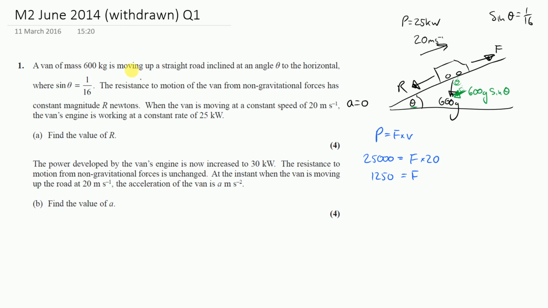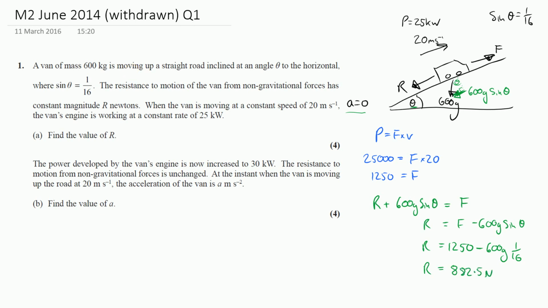And as we've said before, there's no acceleration in this question, so these forces should balance. That is to say that R plus 600 g sine theta should give me the driving force F. Rearranging that, R is equal to F minus 600 g sine theta. Making my substitutions, F is 1,250, and I subtract 600 g, and sine theta we knew was 1 on 16. Working that all out on my calculator, I get